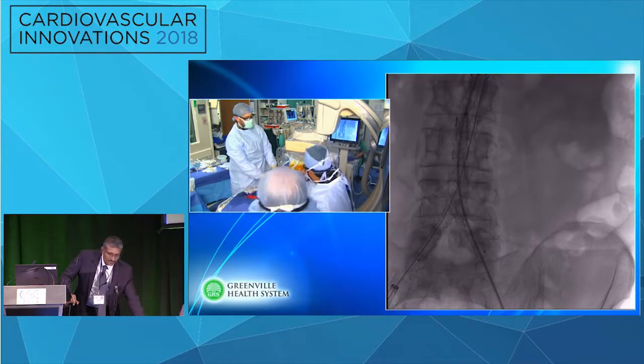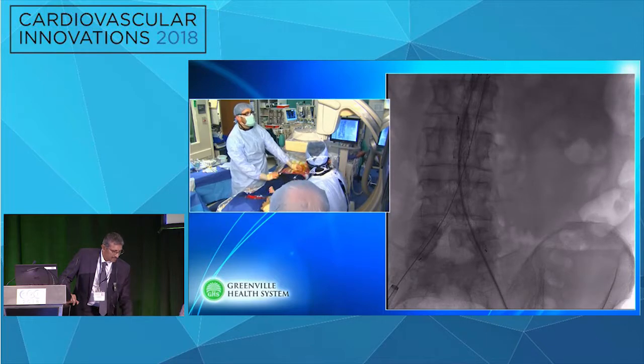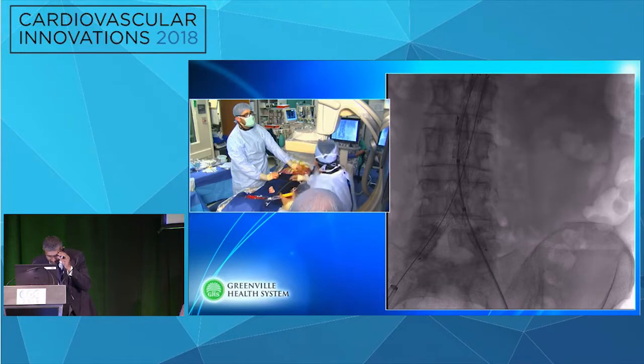We'll actually, for this case, hold this sheath there. For this particular case, what we'll do is we'll actually balloon our bifurcation as well. If you note on the IVUS and the preoperative imaging, it was a little tight, so we just want to make sure we have